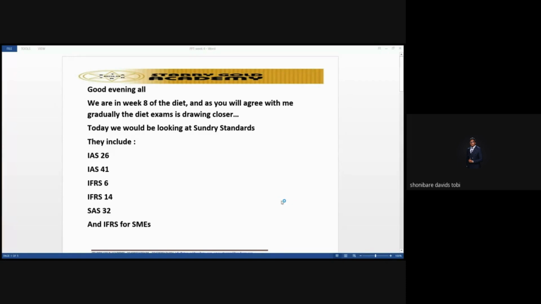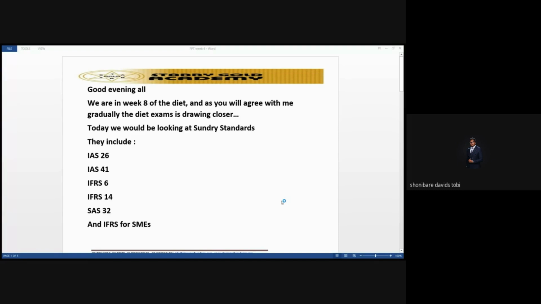In fact, this first diet where we are holding Google Meet lessons, before, many of us that have been with Starry Good for long know that we normally meet on Telegram. But the management wanted a situation where students and lecturers can have a face-to-face interface, where they can communicate, talk, and shed more light on it. That is the major reason why we are doing this. So if I come to this class, don't expect me to lecture.